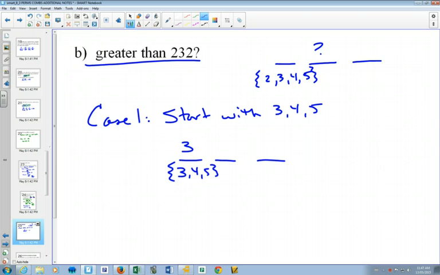Now I've used up one of the 5 numbers, but doesn't matter what's next, because if I start with 3, 4, or 5, I'm guaranteed to be bigger than 232. So now I have 4 numbers left, then 3 numbers for 36 possible ways. Case 2,